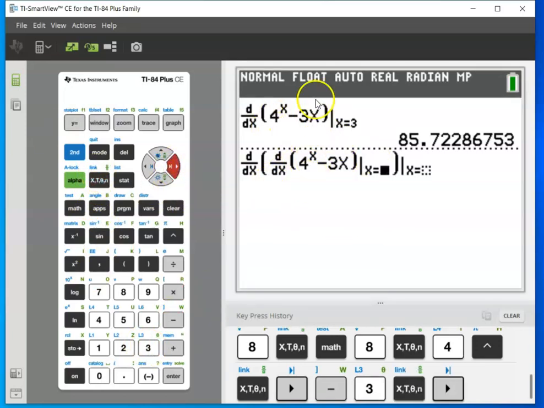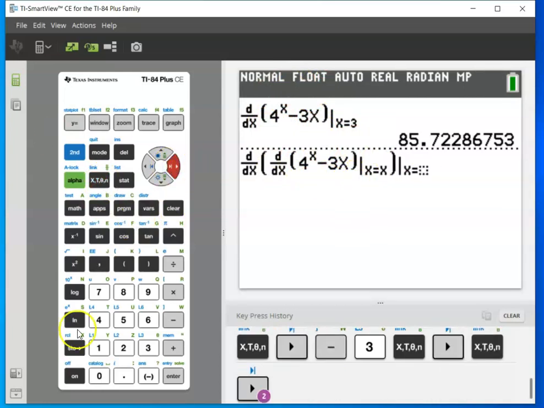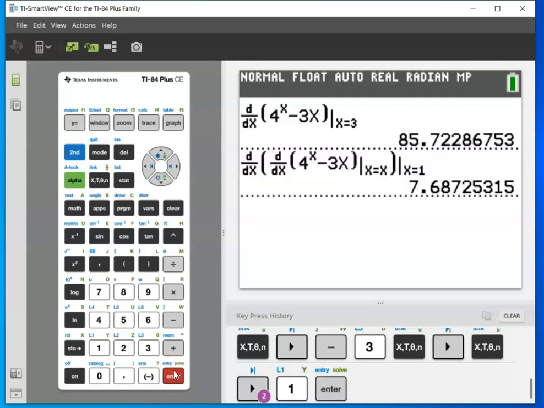And right here, we're just trying to take the derivative the first time around, not at a specific number. So the first time around, I'm just doing a derivative. Then I'm doing the second derivative at 1. But when you're doing a second derivative, you only want to put that on the outsidemost part. So my second derivative at 1